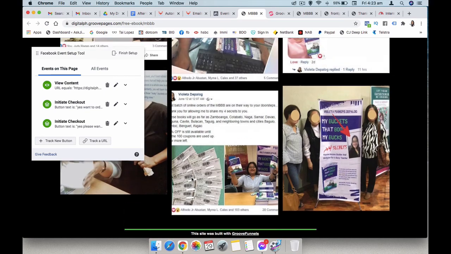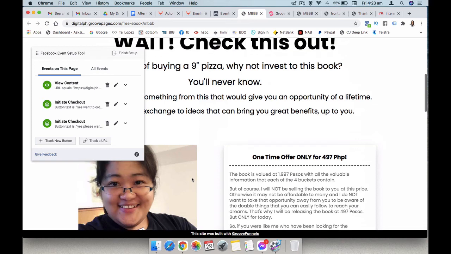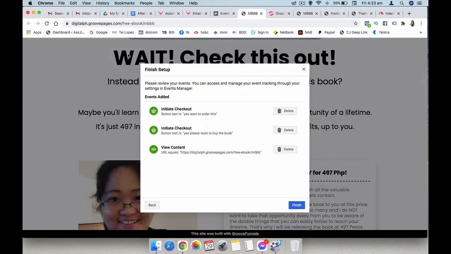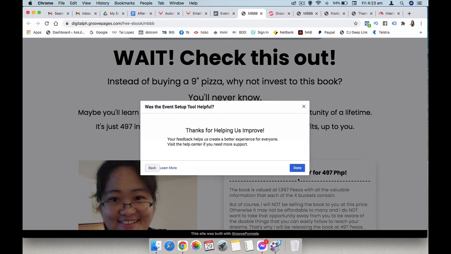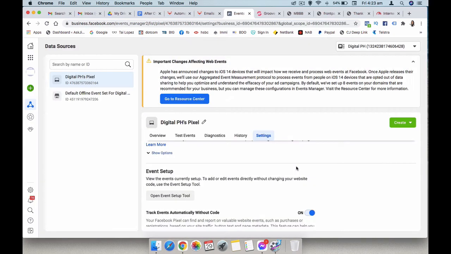Na-set up na po natin yung para dito, and that's how you do it. So, I'm just going to finish it up and just click submit. And done. So that's it. That's how you set up a tracking